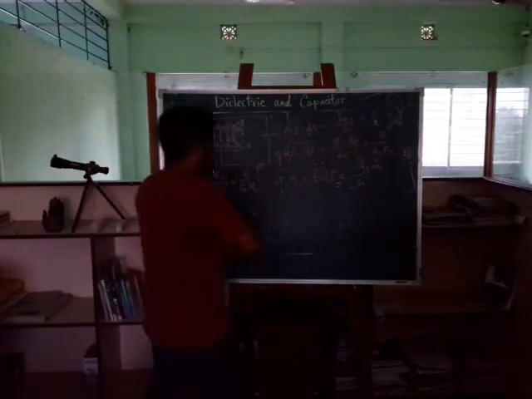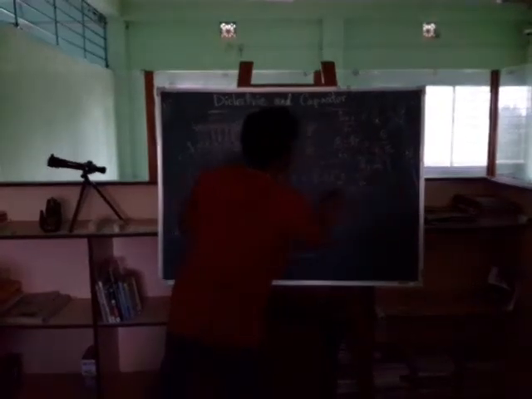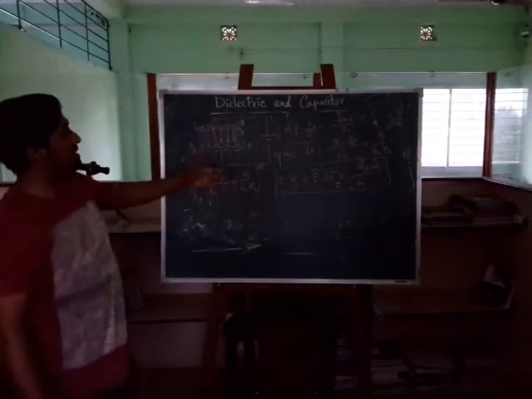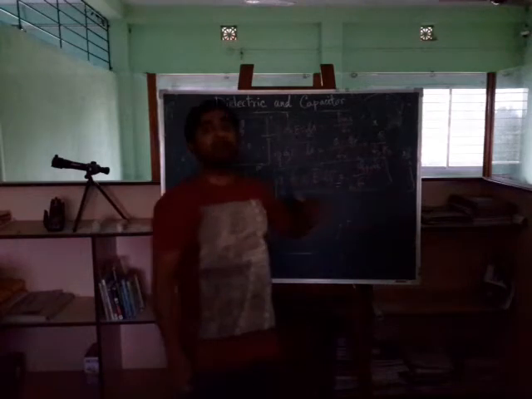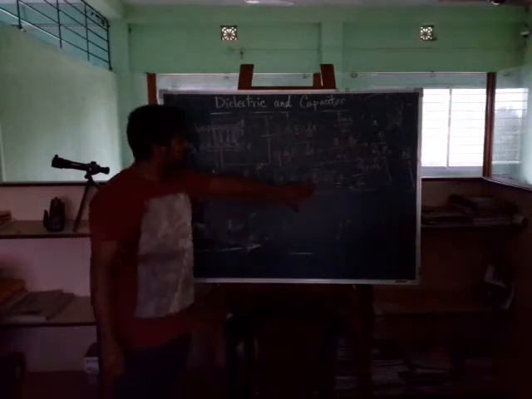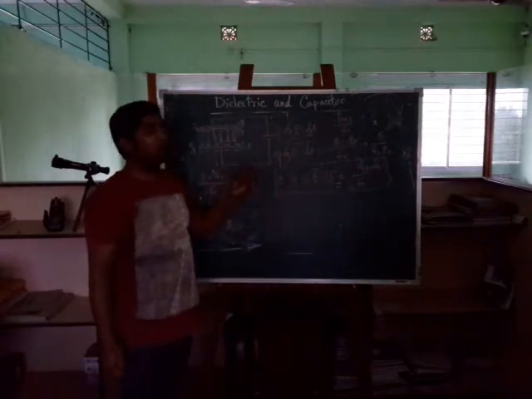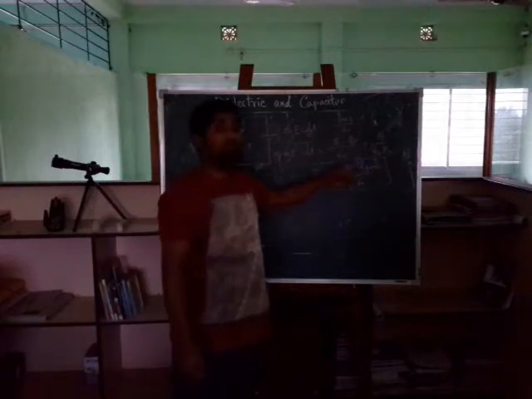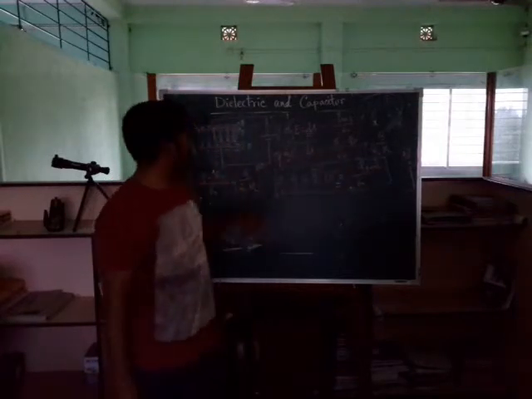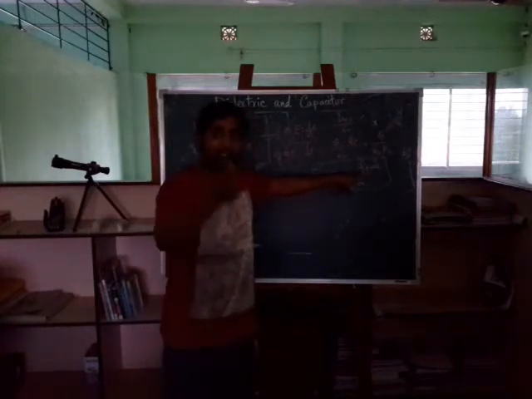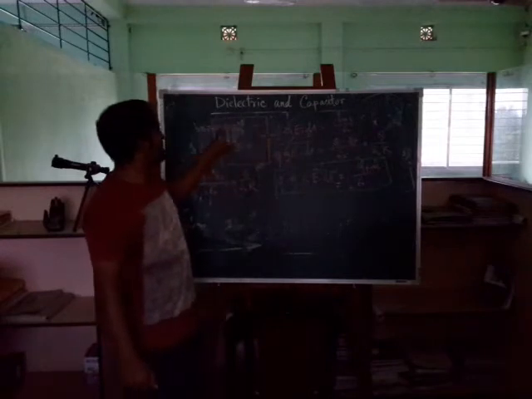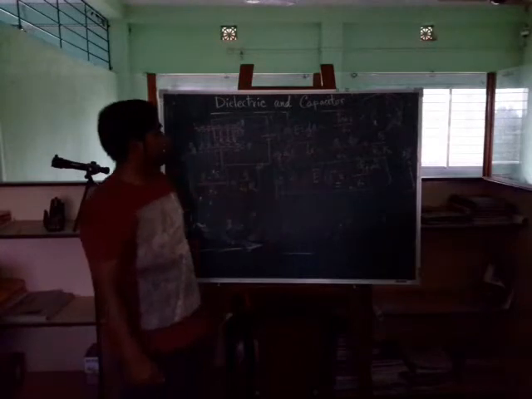Now look, this is the modified version of the Gauss theorem in the presence of the dielectric. In the original Gauss theorem we did not have this constant K, and we did not have this free charge, we called it total enclosed charge. So this is different from the original Gauss theorem in two ways. One, this charge is not the total charge enclosed, because total charge is Q minus QP. But this is Q free, that is only the charge from the outside source, not due to the dielectric polarization. And here we have a constant.